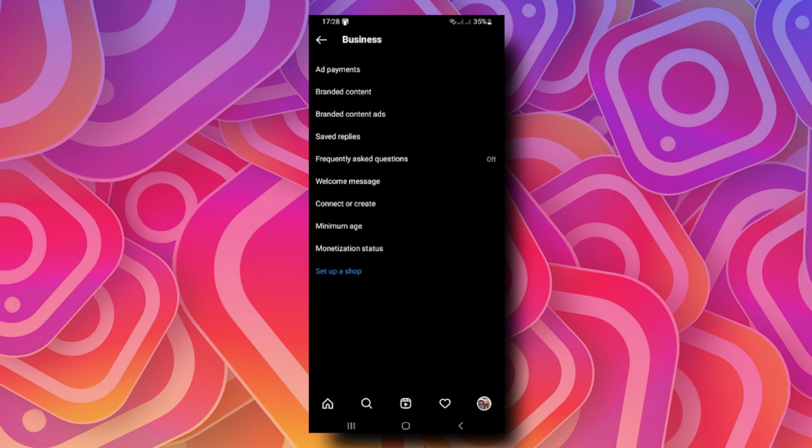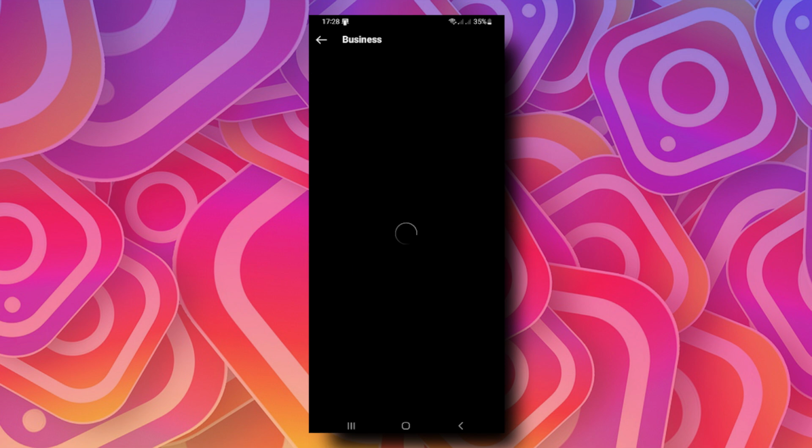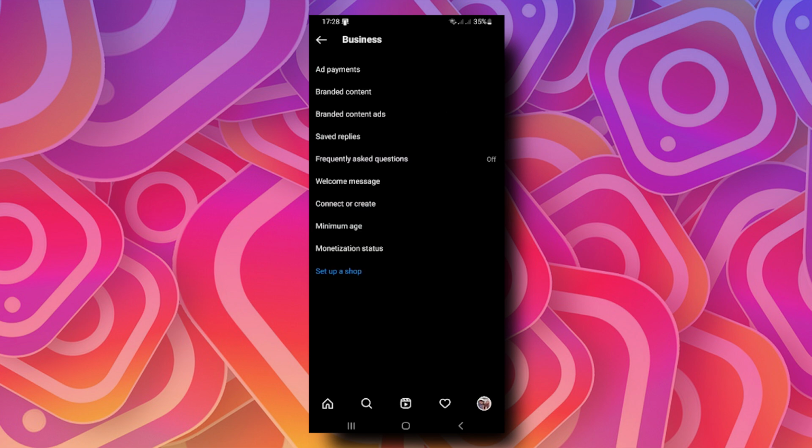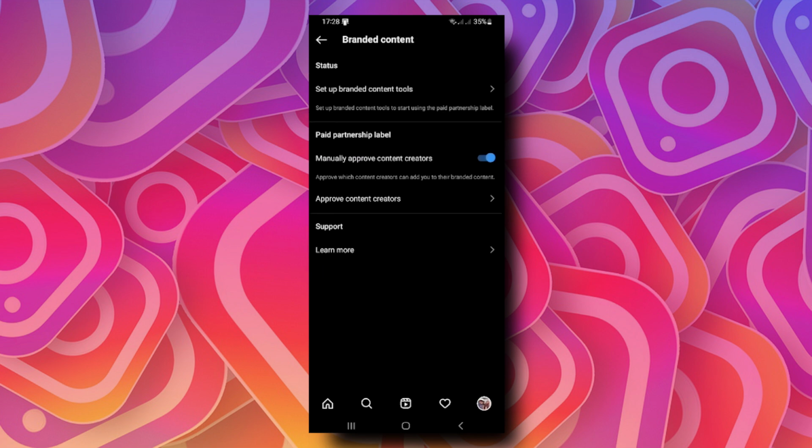So the first thing you have to do is to check if you are qualified for monetization. You can do that by clicking on monetization status. And here it says you're eligible for monetization. So let's go back. What that means is you can actually set up your brand content, and also you